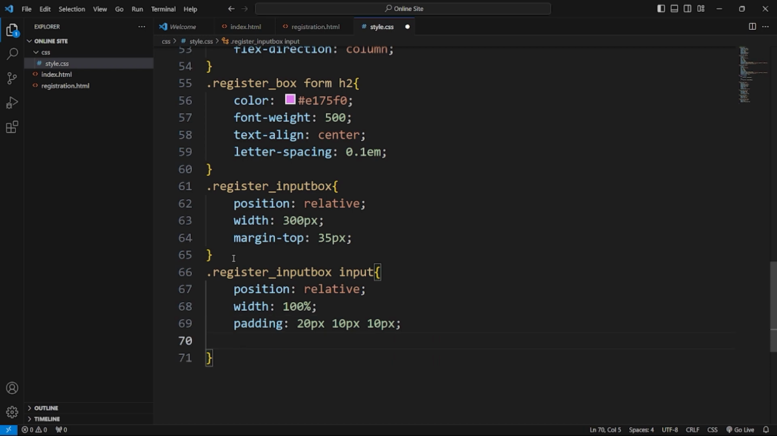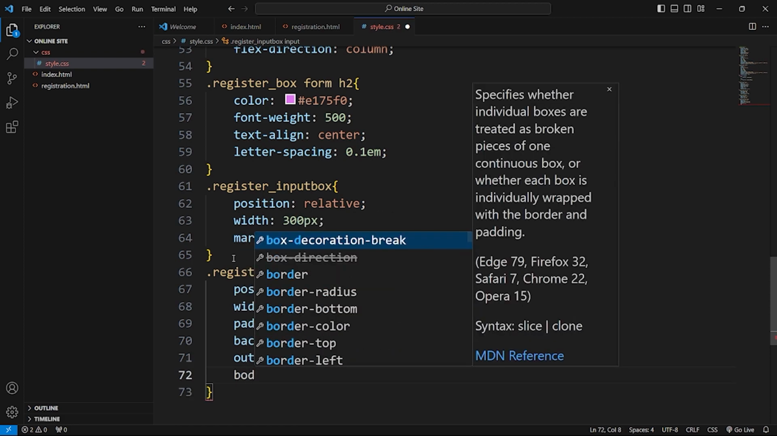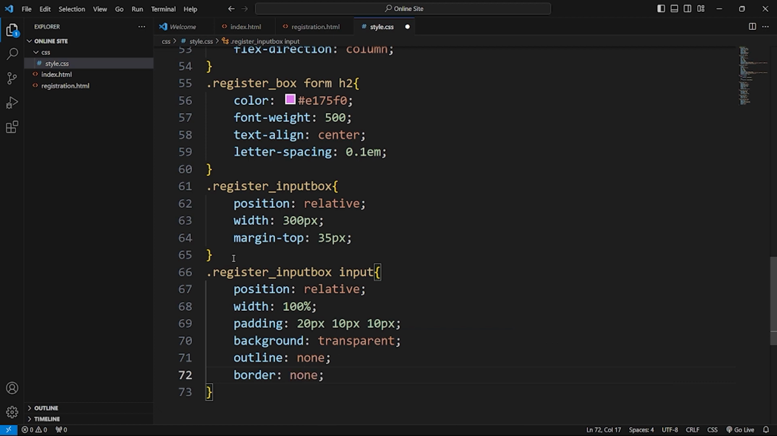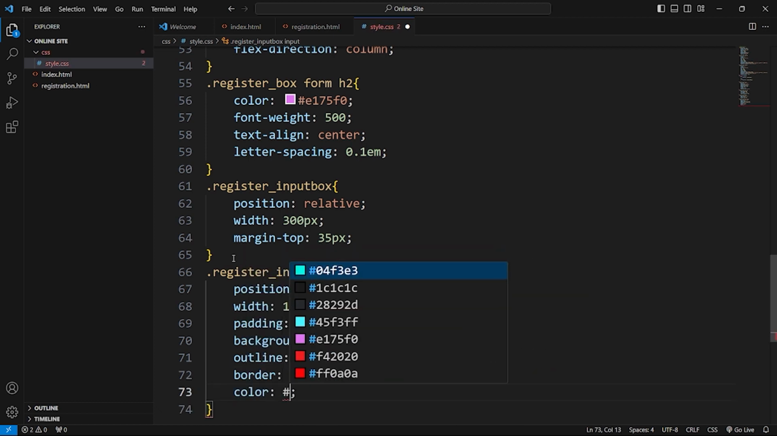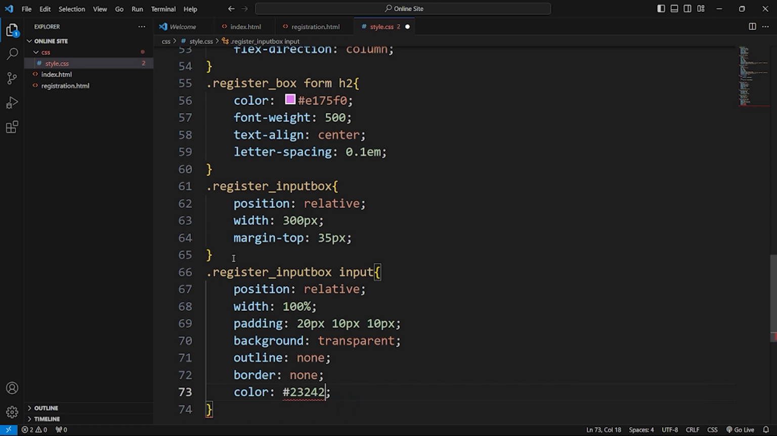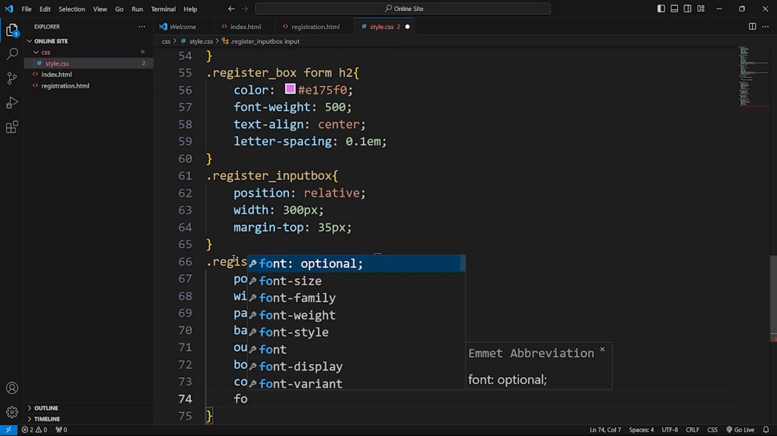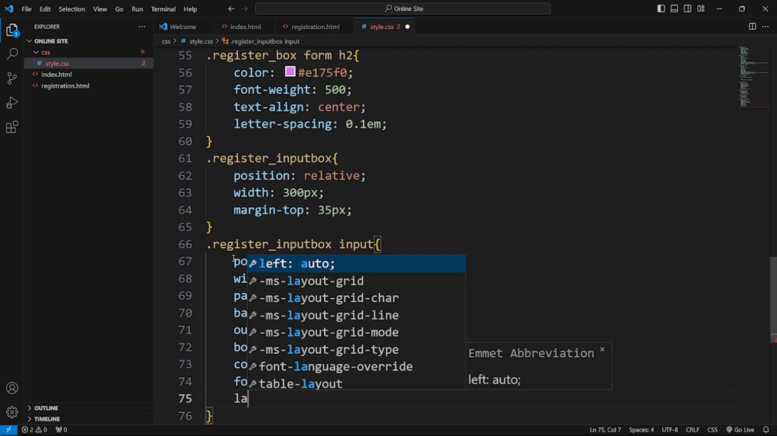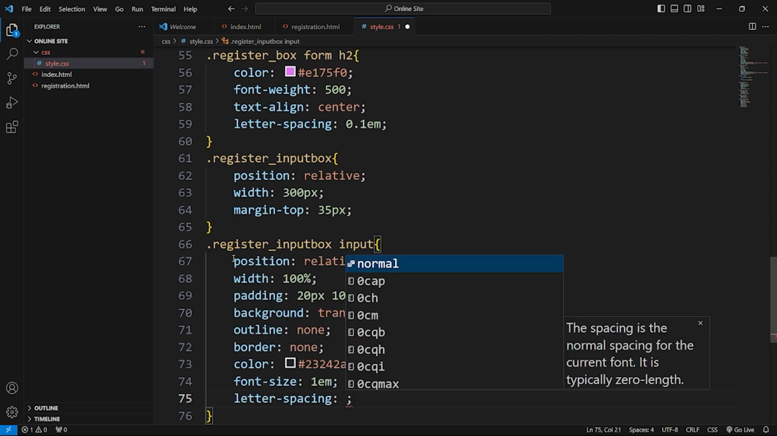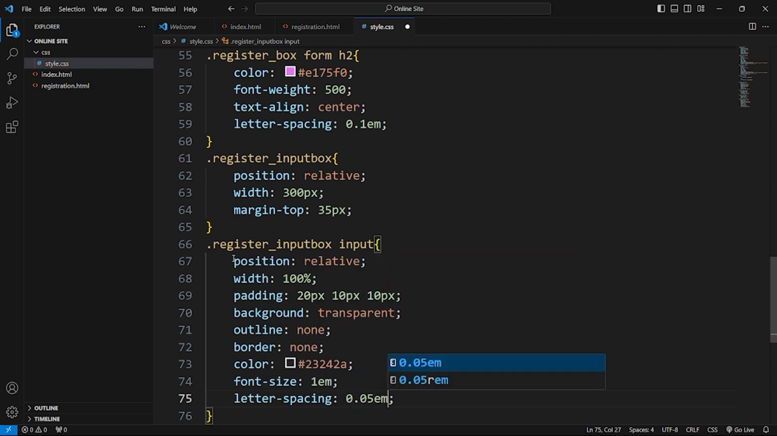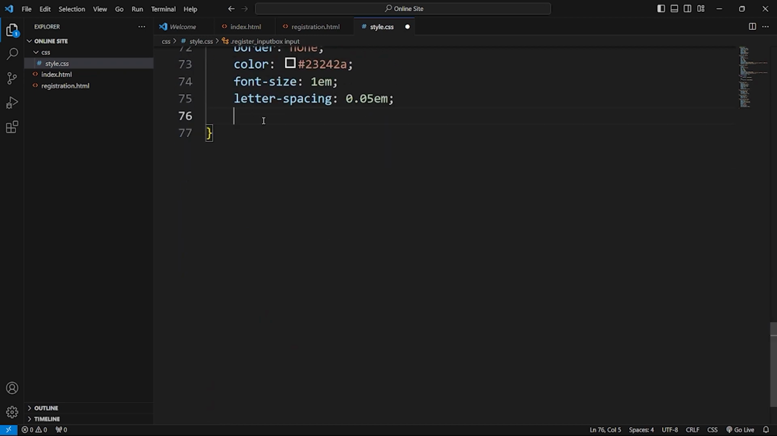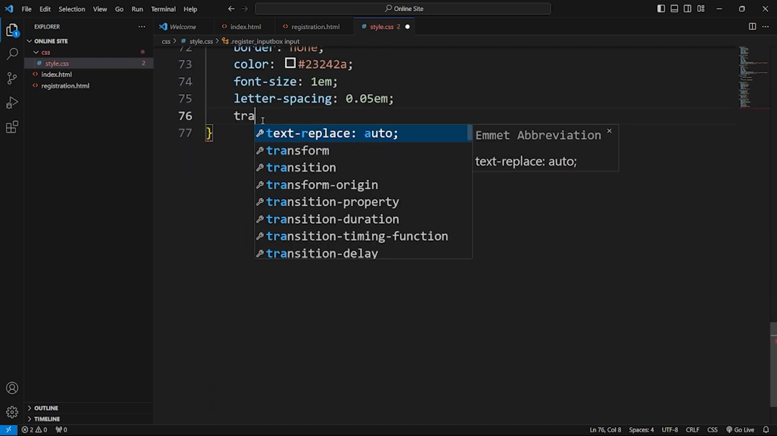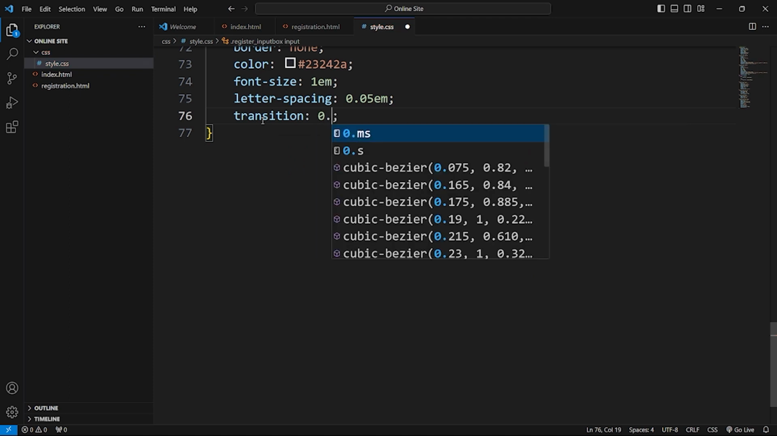background transparent, outline none, and border none, and color, font size 1em, letter spacing 0.05em. Okay, and transition 0.5 second, z-index 10,